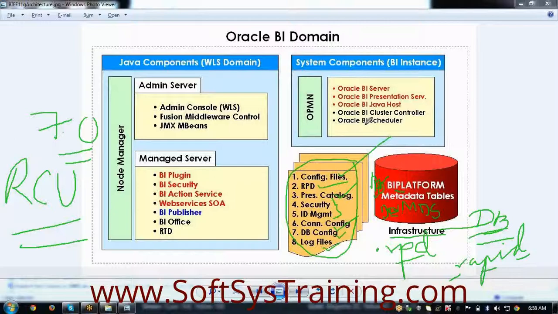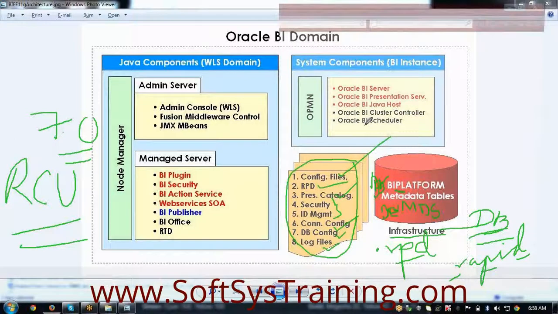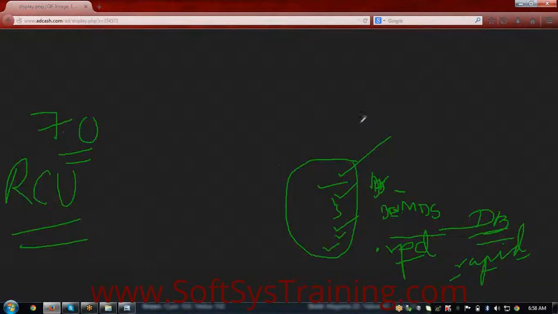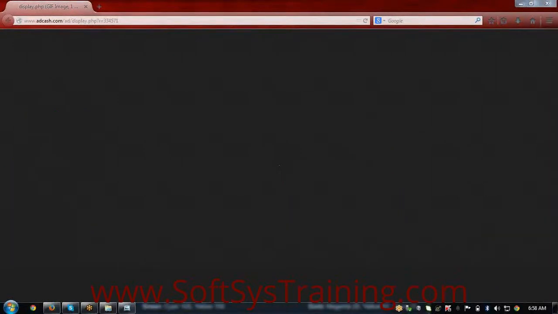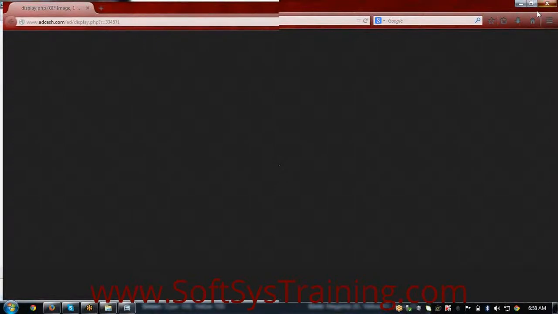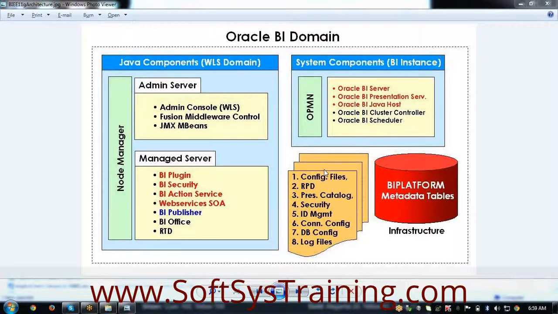Let's say a user has logged in and requested a report. He is executing a report, which is nothing but a query, and we want to know when the user logged in, what type of report he executed, how many rows were retrieved, what the byte information was, what the physical compilation time was, what the logical response time was, how long it took to connect to the database, in how many seconds the database responded to the query, what the subject area was, and what the presentation catalog was.